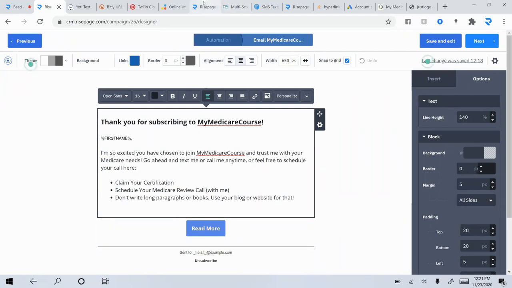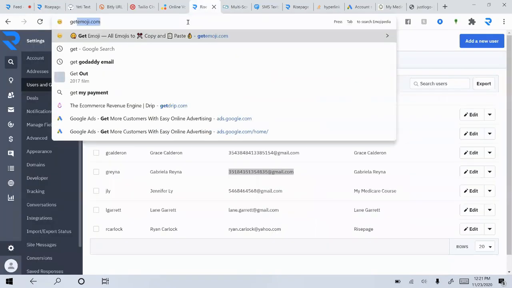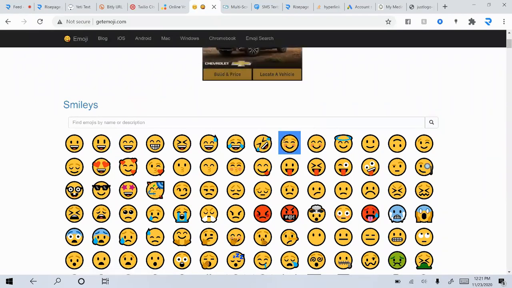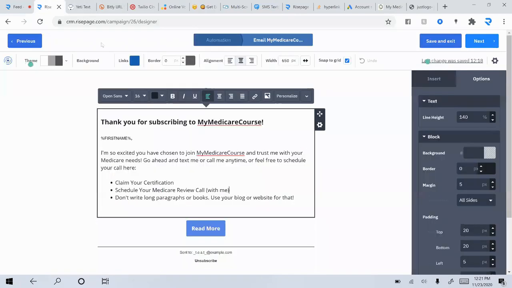So let's do something real quick. Thank you, Sean Mathis, for this one. I learned this from him a couple years back. Get emoji. So let's take a smiley face and put it in here with me, right? Should show up in the email, either just like that or the actual emoji itself if they're on an iPhone. And then the last one is,